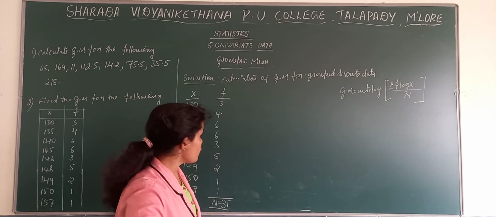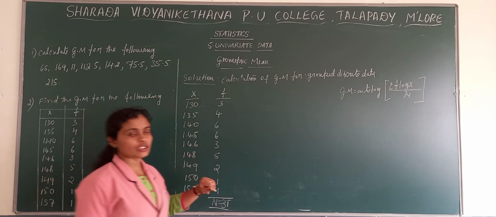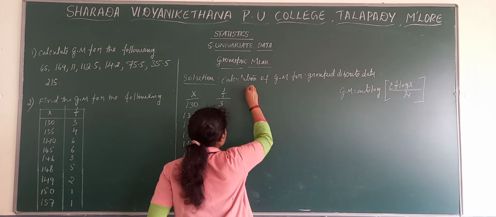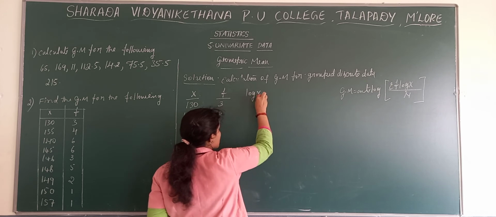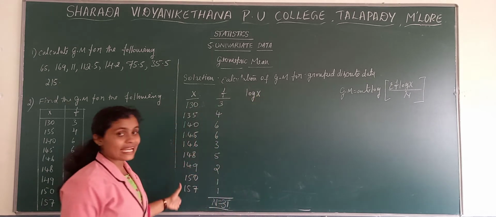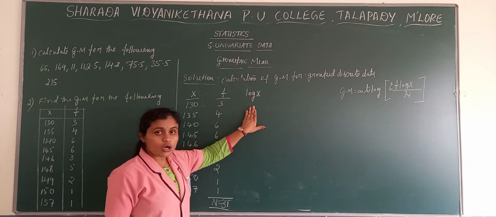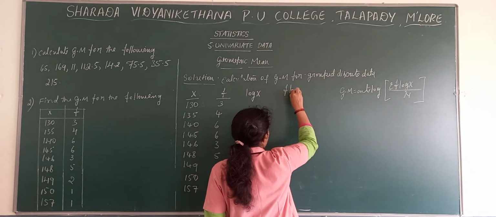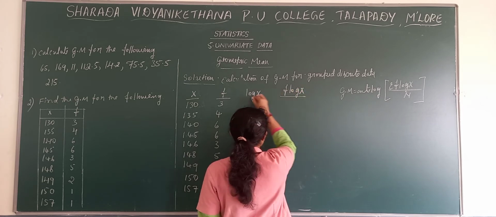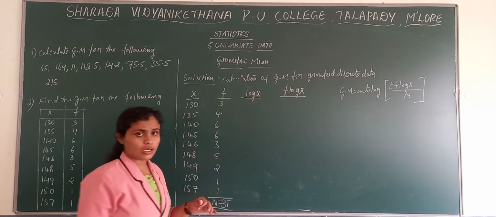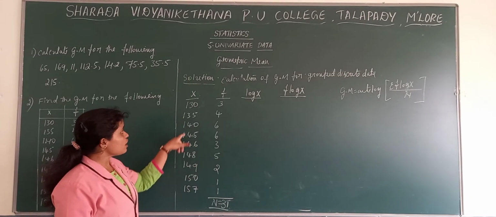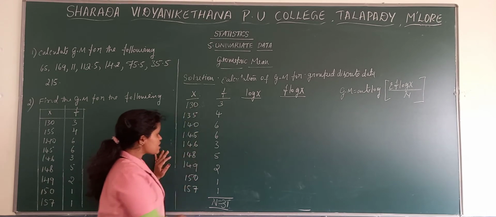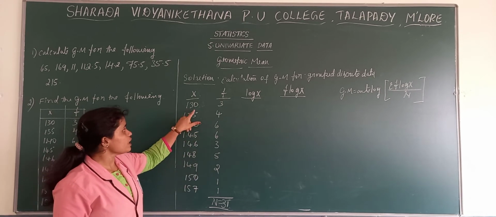Now, we know the x values. What we need to find out? Firstly, the log of x. What we have done in the previous case for log of x: after finding the log of this x series, this log of x is multiplied with the frequency. So, next column, f into log of x. Now, we write the log. Before that, we will write the characteristics. How many digits? See here, decimal points are not there, so nothing to worry.